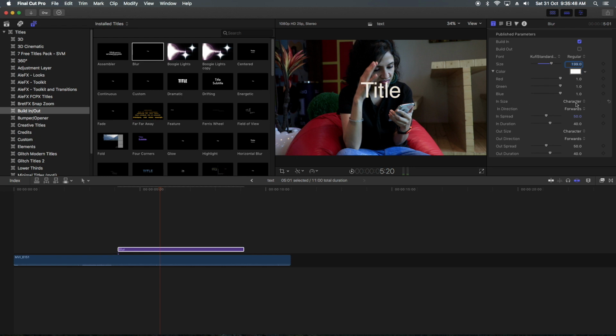Another is size and character, word, line. This is all about paragraphing the characters. Okay, let me go beyond this and check in spread, in duration.